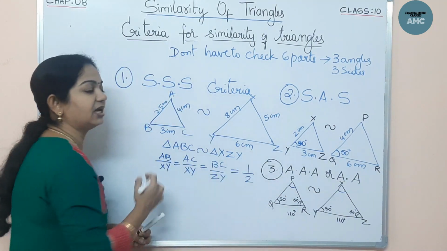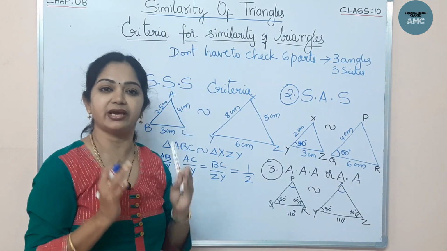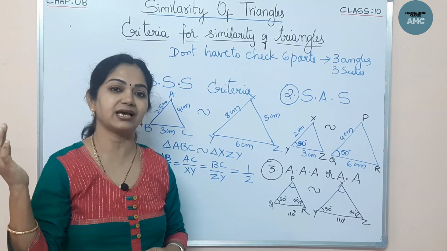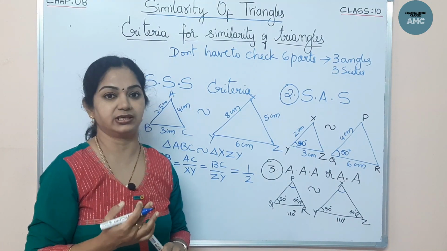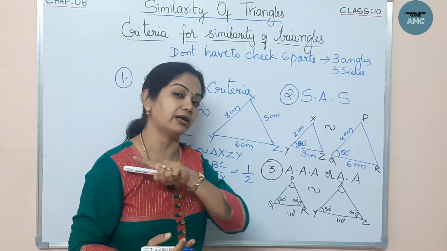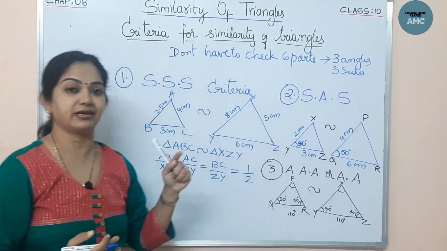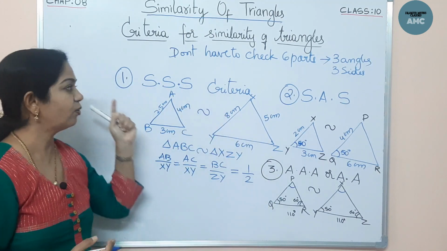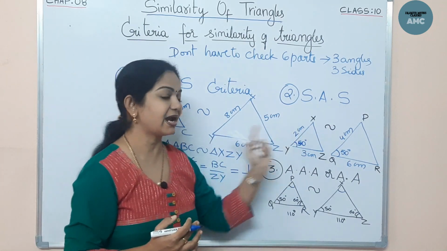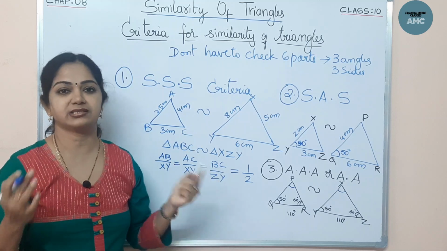So these three are the criteria for checking the similarity of triangles, only for the case of triangles. We have discussed the criteria for congruency in our previous classes. There you have SSS, SAS, AA and also another, RHS, right angle, hypotenuse, side. But here we don't have the RHS, only three criteria are there. If the triangles satisfy any of the criteria, then we can say both the triangles are similar.